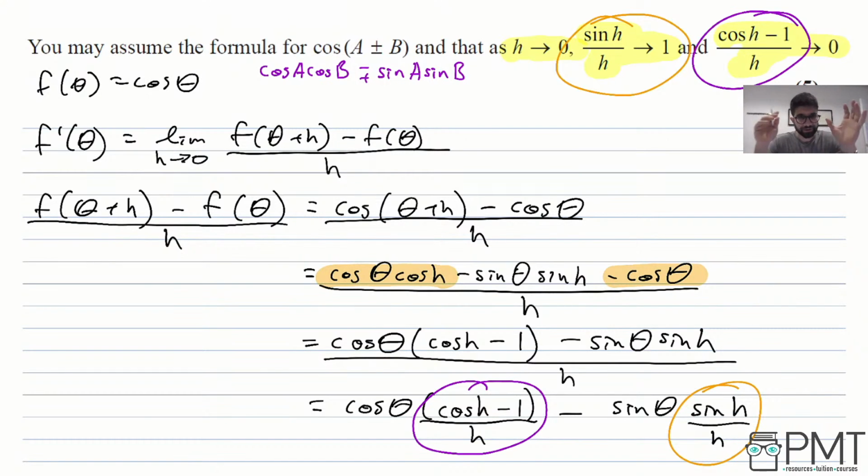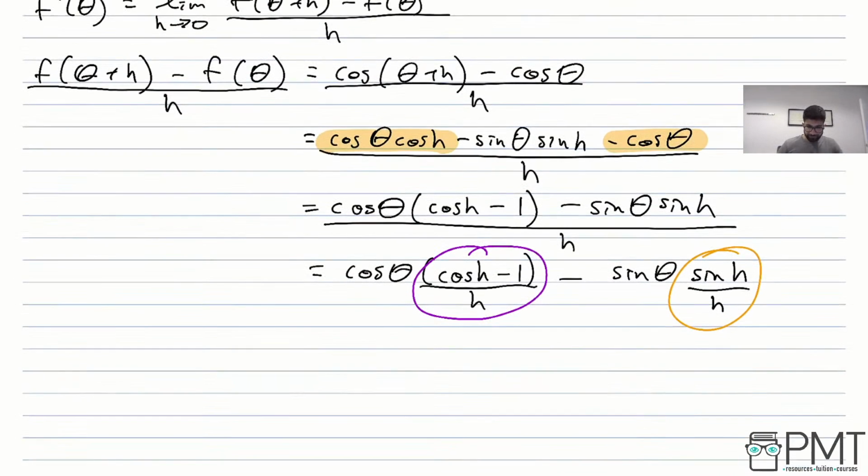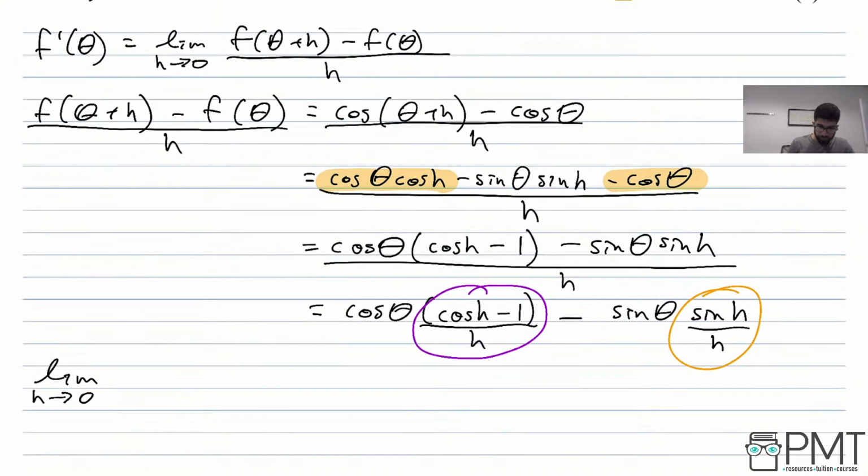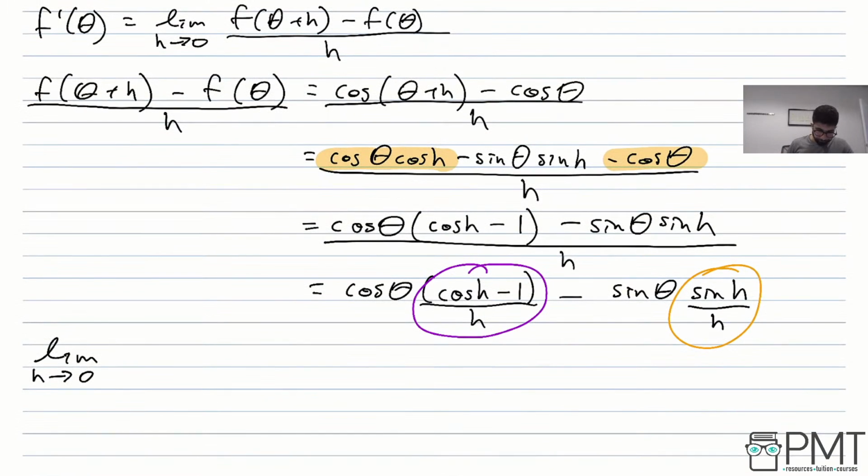That's not the best tangent. So to make it the best possible tangent, we are gonna say the limit as h goes to 0 of that whole expression, which is cos theta minus sine theta